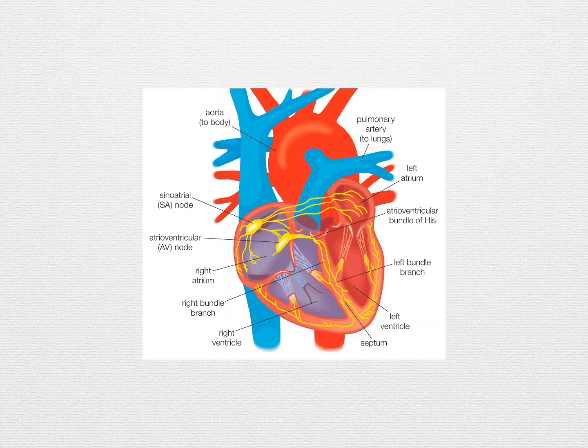So this is a figure of the different parts of the conducting system. The first is the sinoatrial node, the second is the atrioventricular node, the third is the bundle of His, fourth are the bundle branches, and finally there are the Purkinje fibers which run all along the ventricles. Now it is important to note that these structures are a part of the heart tissue as well, and these are specialized to perform this function of conduction.